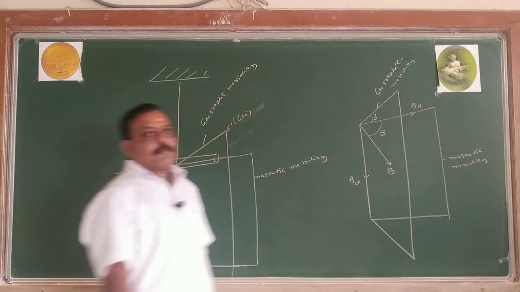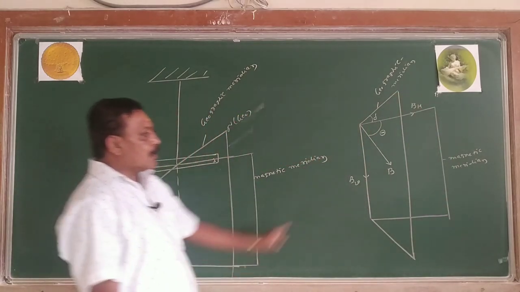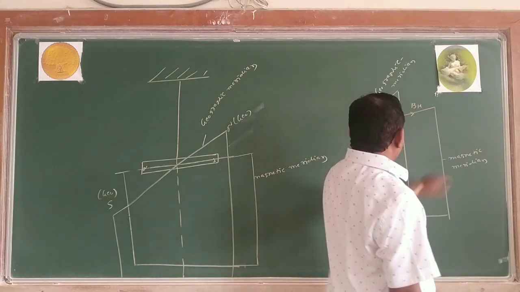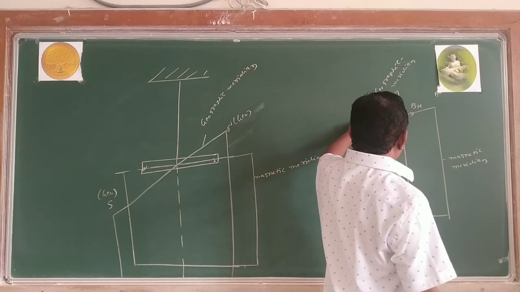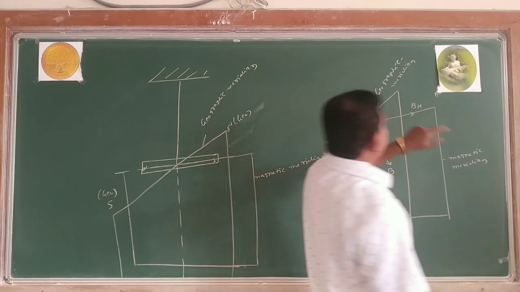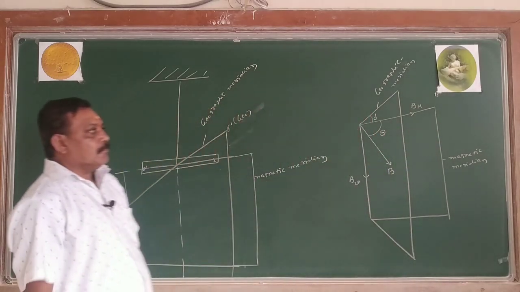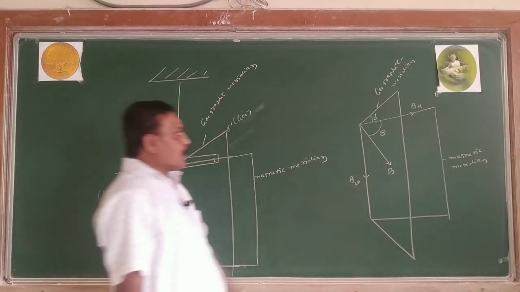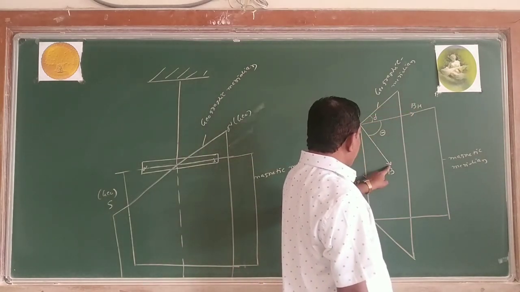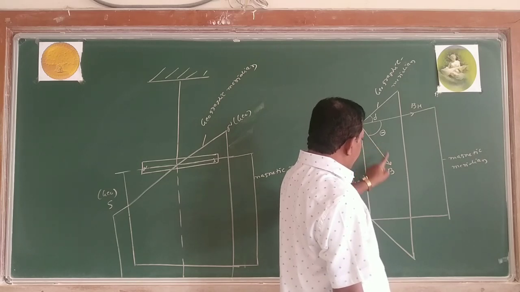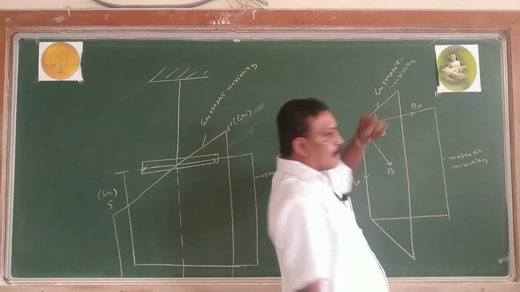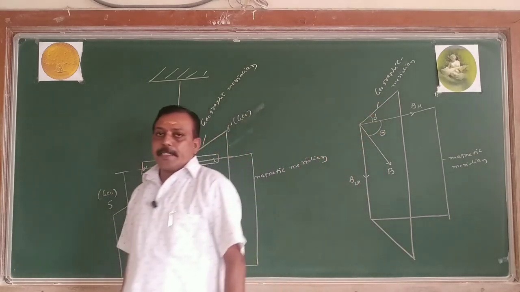The angle between Earth's resultant magnetic field and its horizontal component in the magnetic meridian, that angle is called the angle of inclination or magnetic dip. Right? These are the two components. One is the horizontal component, another one is the vertical component, and B is Earth's resultant magnetic field. The angle between them is known as magnetic inclination or magnetic dip, that is theta.